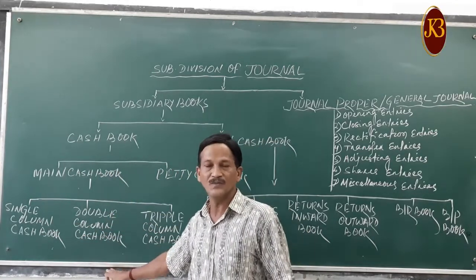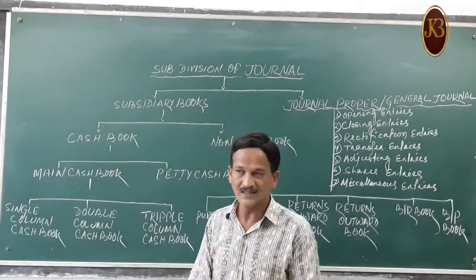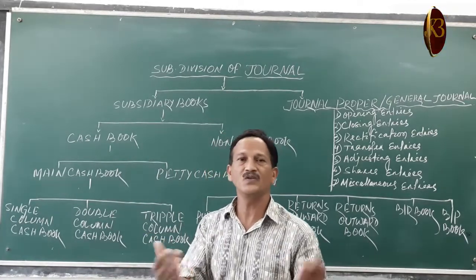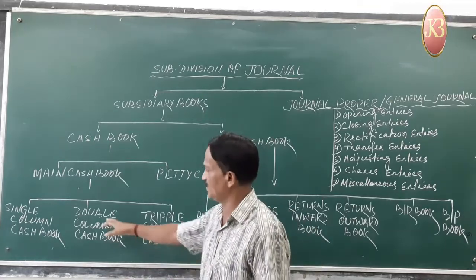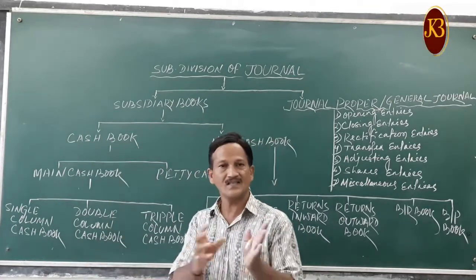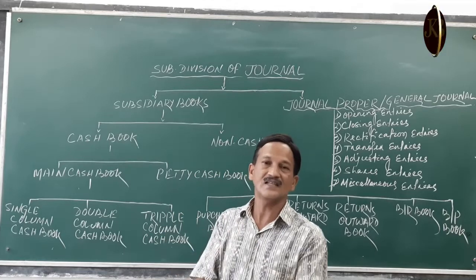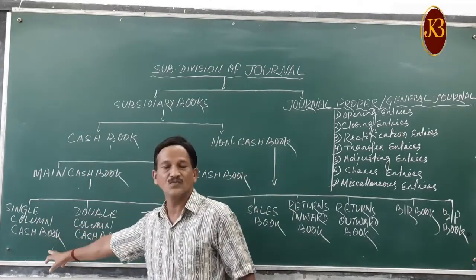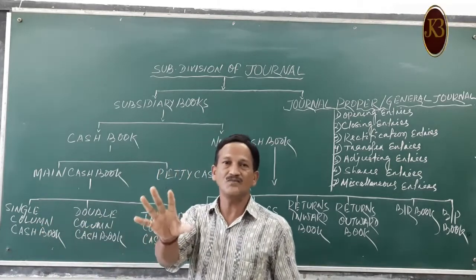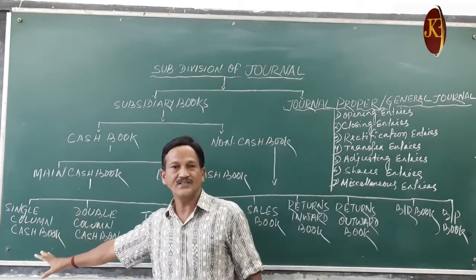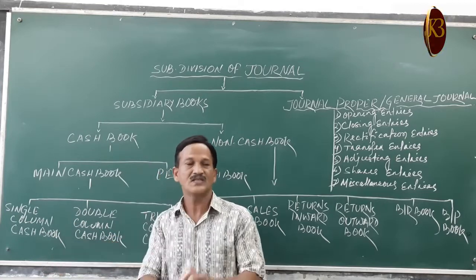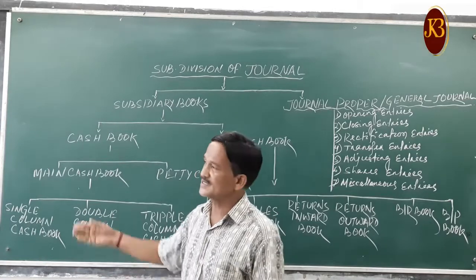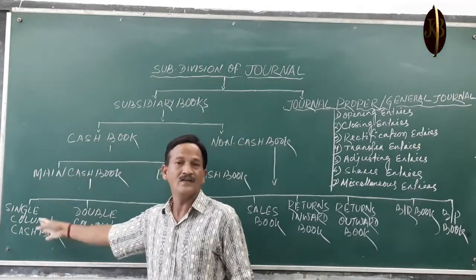Double column cash book, where 2 columns are to be maintained. In practice, when you go for higher studies, you will see that a double column cash book means a cash column and a separate discount column added. In a single column cash book, only the cash column is maintained and all the transactions are recorded there. No separate transaction is recorded for the discounts, because discount is not recorded in the single column cash